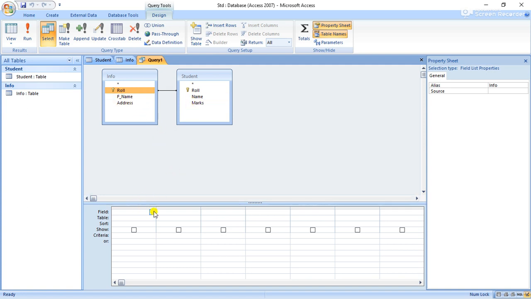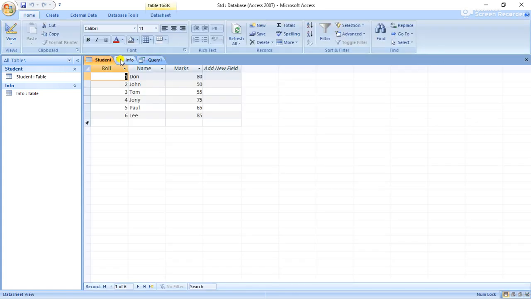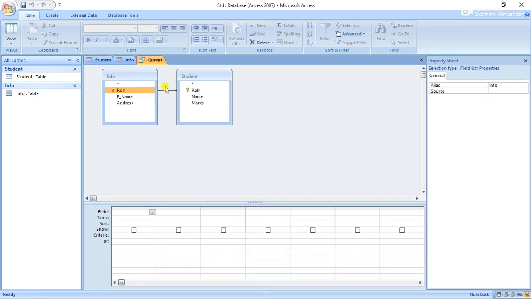So for this, look, these are individual tables. In the student table we have roll, name, marks, and in the info table we have roll, father name and address. And here we have to bring both tables into one frame.